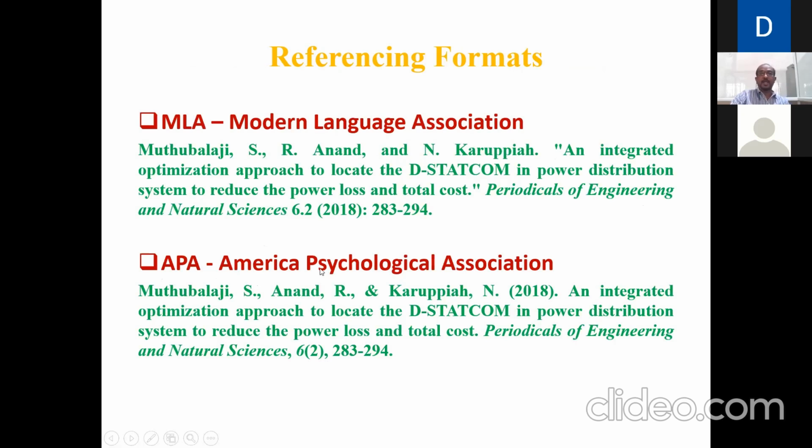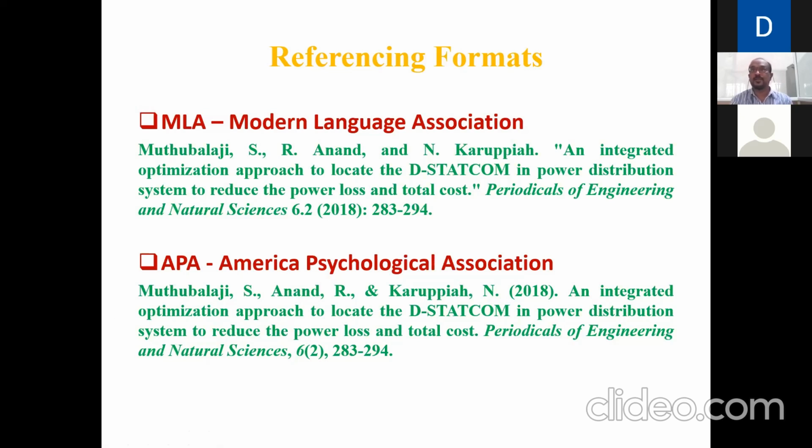APA, that is the American Psychological Association, recommends this APA format. The only difference is here we have the year 2018. If you remove the year and put it in front of the author name, it will become the APA. So nowadays all technical research papers follow only these two types of formatting. That is otherwise called the IEEE format. IEEE journals are following these two, MLA and APA formats.